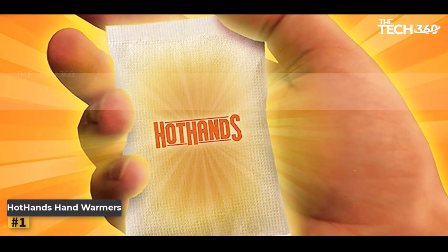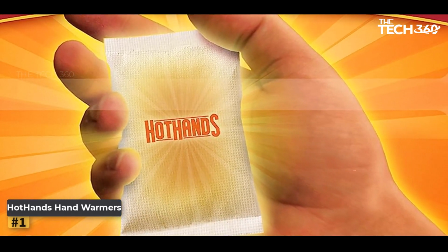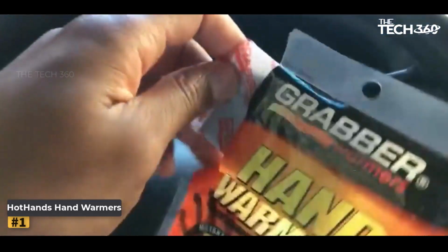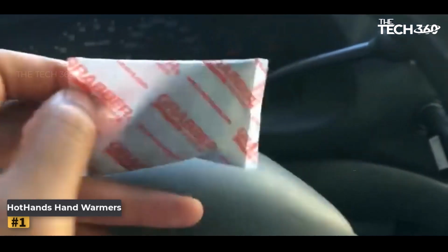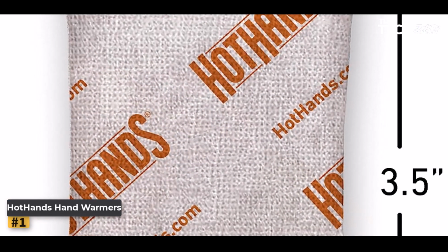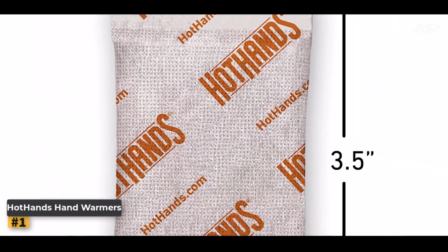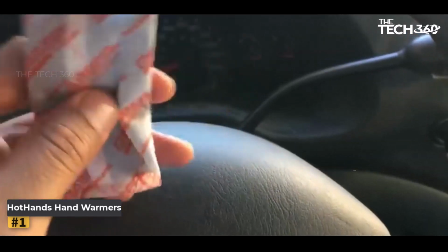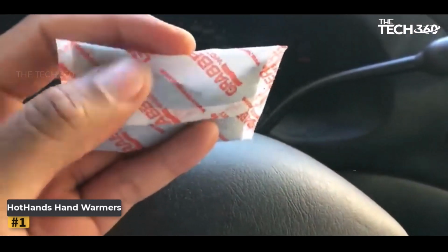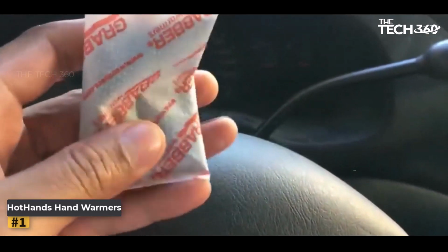One of the standout features of Hot Hands Hand Warmers is their exceptional heat retention. With an average temperature of around 135 degrees Fahrenheit, these handy warmers provide up to a whopping 10 hours of continuous warmth. You can trust that they'll keep you comfortable and protected against the cold, no matter how long your outdoor escapades may last. Don't just take our word for it, experts agree that Hot Hands Hand Warmers are a